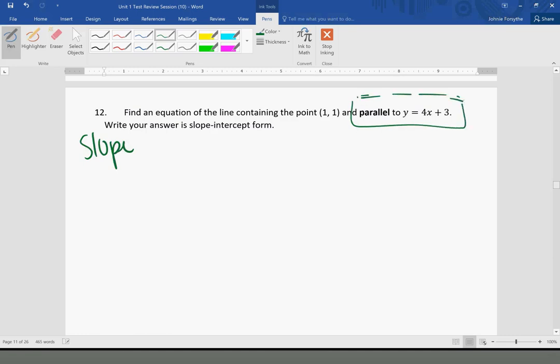So if it's parallel to this equation, that means it has the same slope. So the slope of this line is 4. So the slope that we're going to use is also 4. So m is going to be 4. And then we're already given a point to work with. So now point-slope form